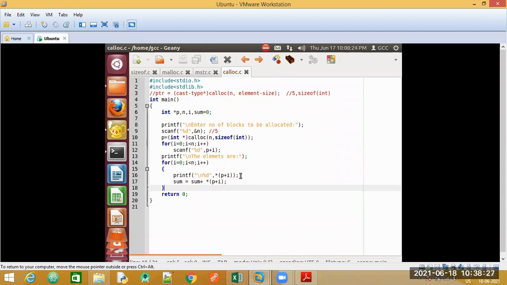Okay, so according to the problem statement, we have accepted the elements from the user here. We are printing those elements and we are also calculating the sum of those elements. Let us see if this program works.